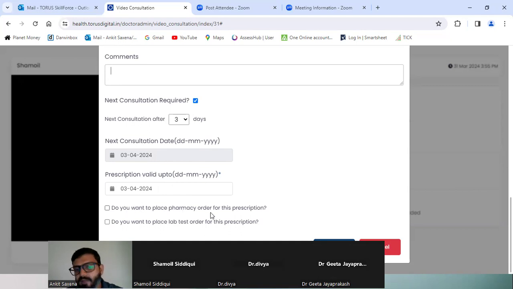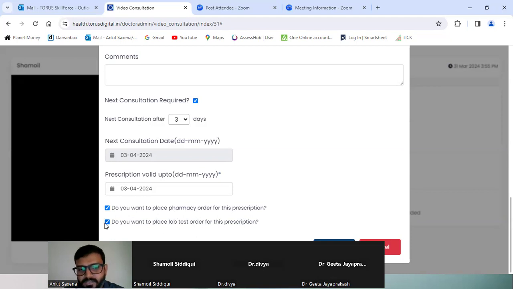Do you want to place pharmacy orders for this prescription? Do you want to place the lab test order for this prescription? If you select both and save, the admin will get notified. So as doctors you need to ask the patient whether they would like to place the pharmacy order from the website itself.